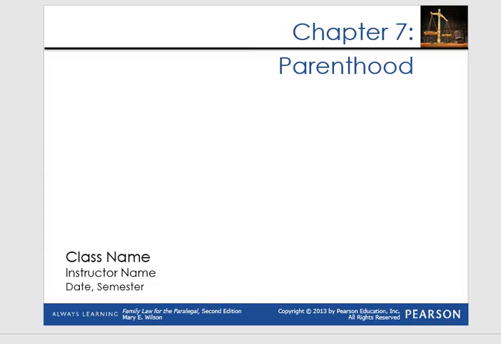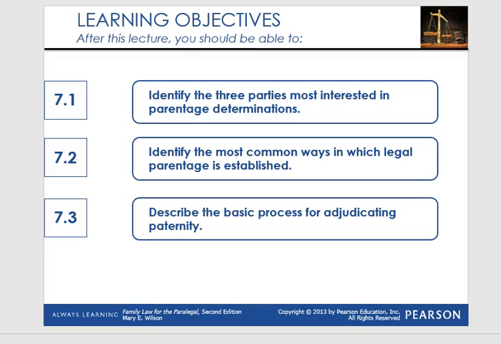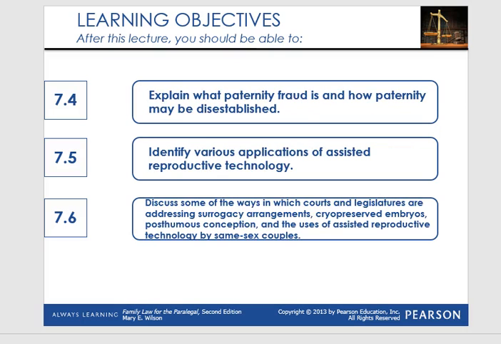Okay, Chapter 7, Parenthood. After reading this chapter, you should be able to identify the three parties most interested in parentage determinations, identify the most common ways in which legal parentage is established, describe the basic process for adjudicating paternity, explain what paternity fraud is and how paternity may be disestablished,